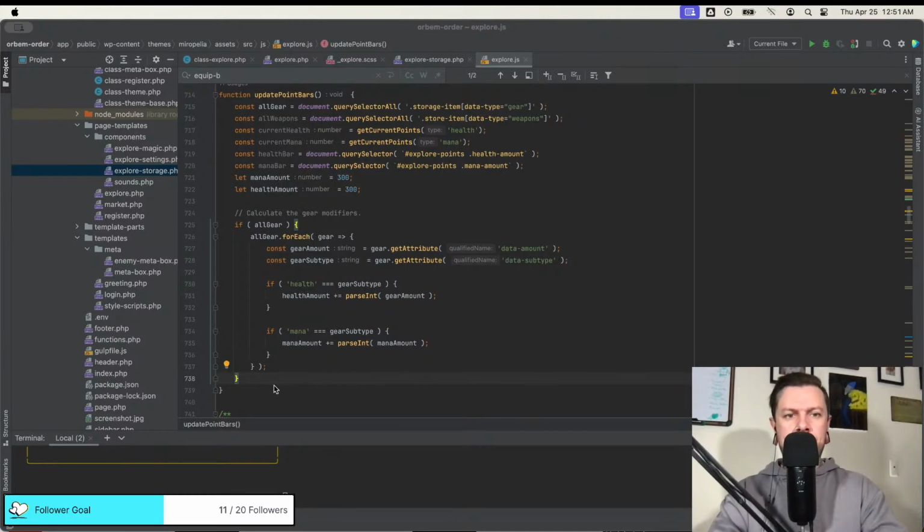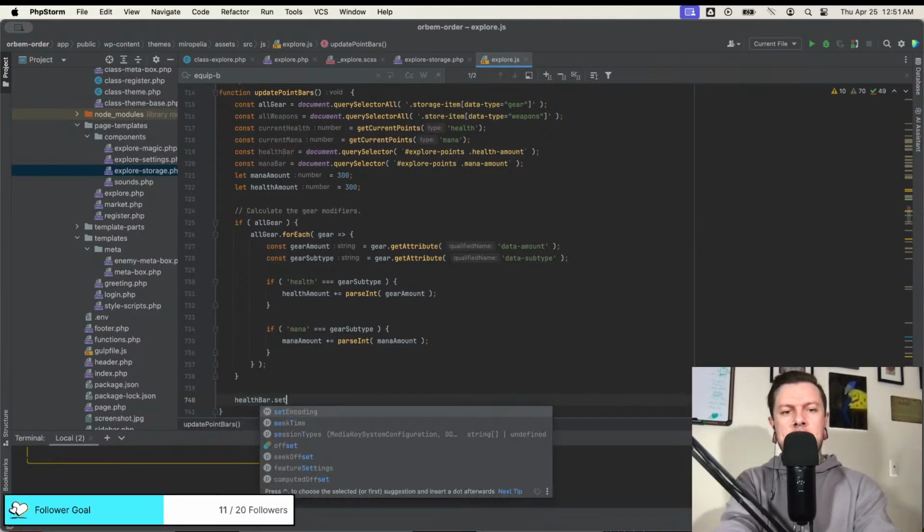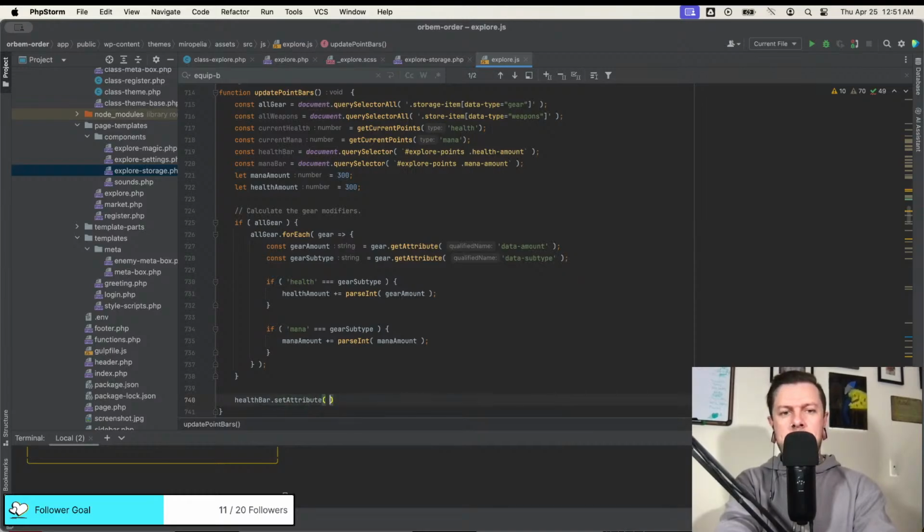Okay. Now that I have the number, now we go into the health bar. Dot set attribute, data amount. No, do I see? That's the problem.